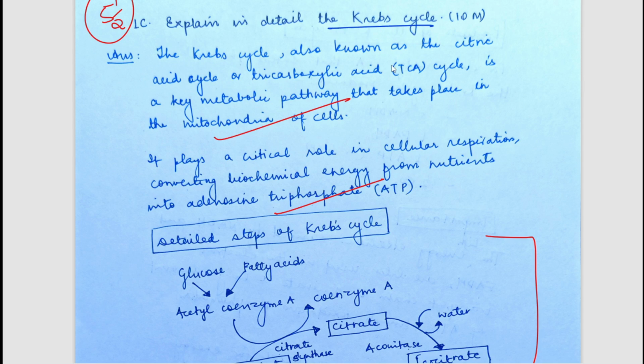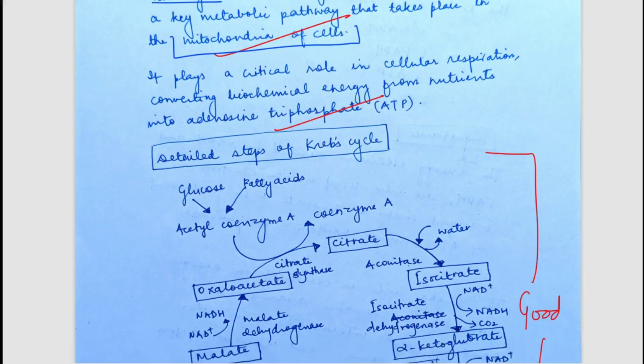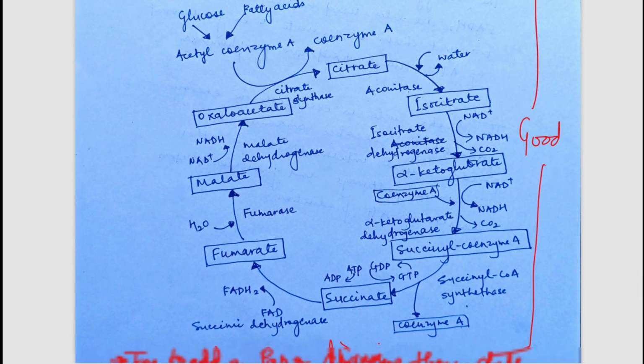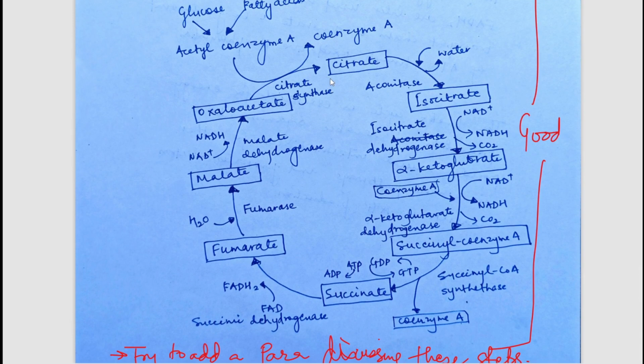So what is the Krebs cycle? It is also known as the TCA cycle, that is tricarboxylic acid cycle or citric acid cycle. It takes place in the mitochondria of the cell. Now you can see the detailed steps of the Krebs cycle have been described using a diagram. So you can see how glucose is converted into certain things. Okay, so you can see different processes, that is citrate, isocitrate to alpha-ketoglutarate, how they are converted have been